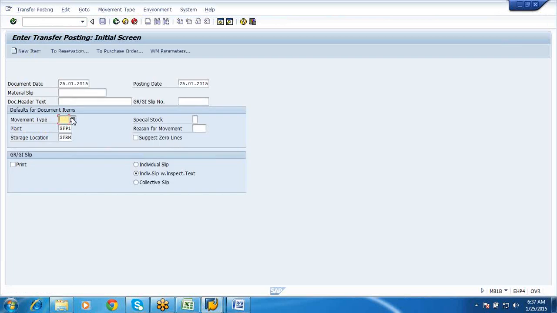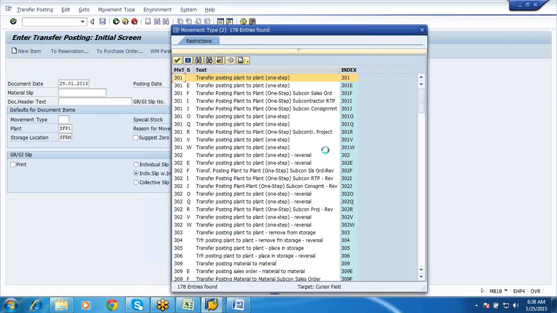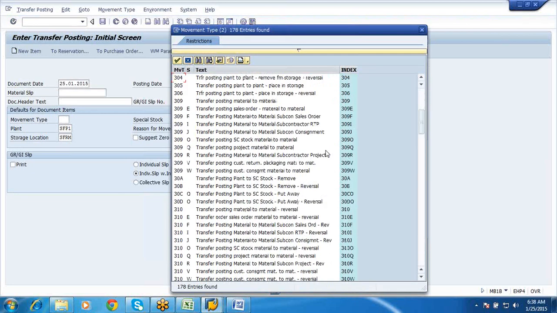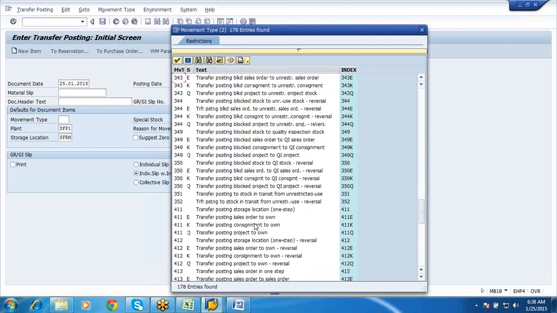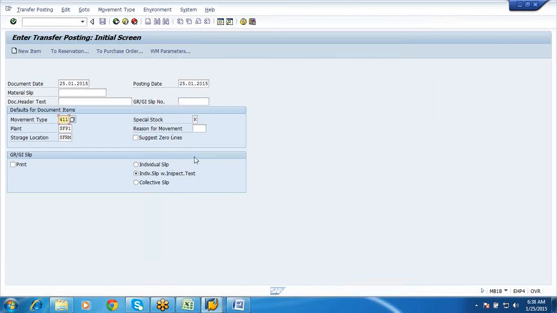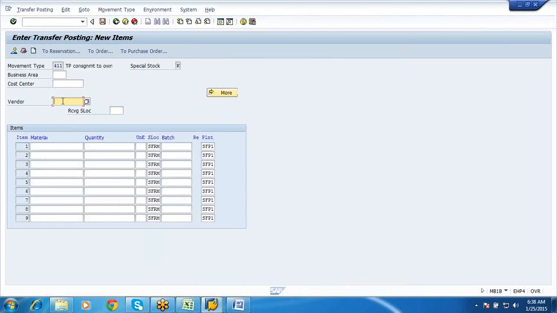The movement type would be 411K, transfer posting consignment to own. I'll say enter, vendor. He is the vendor.